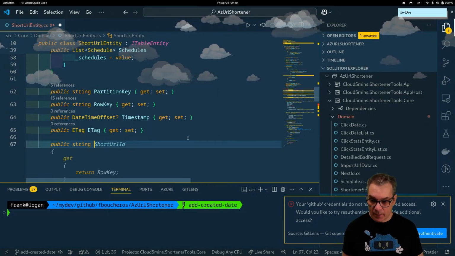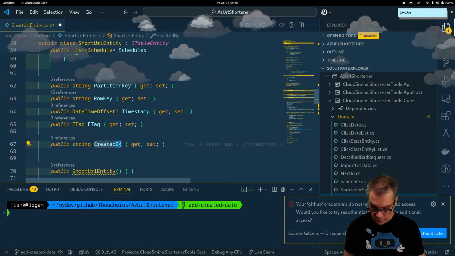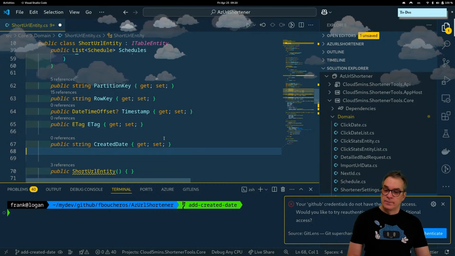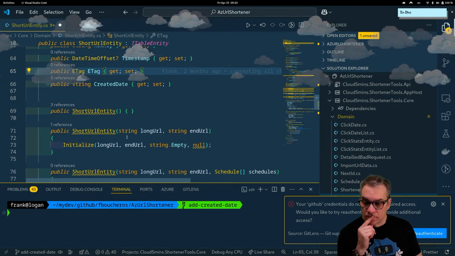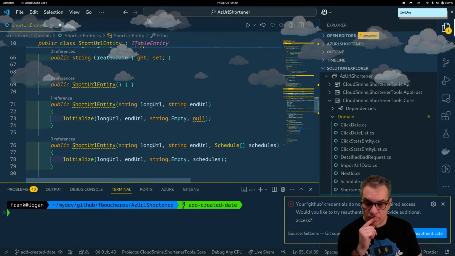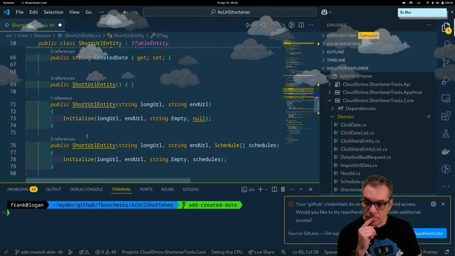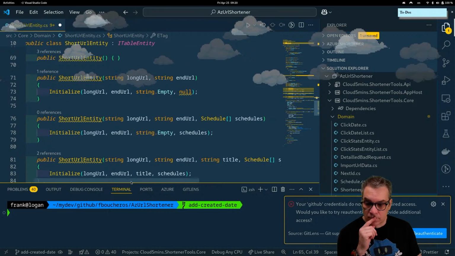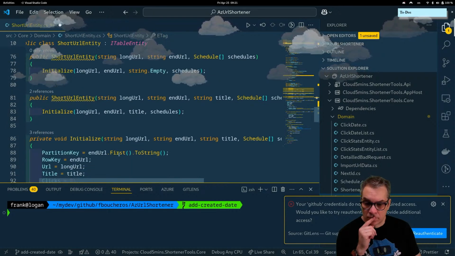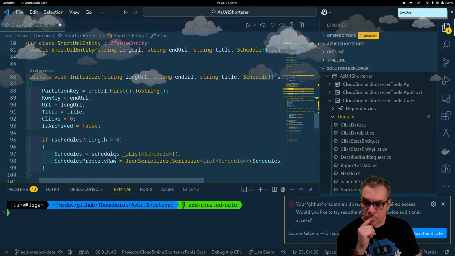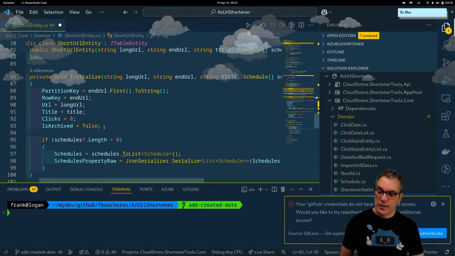We'll keep it as string to keep it simple, and we'll do created date. So when we initialize,